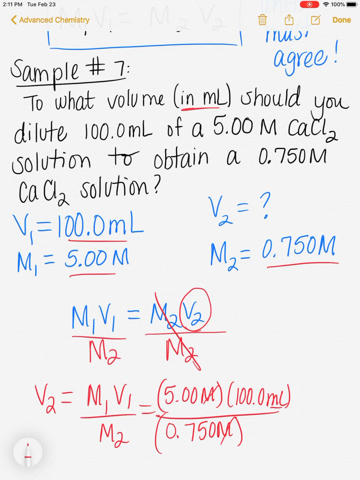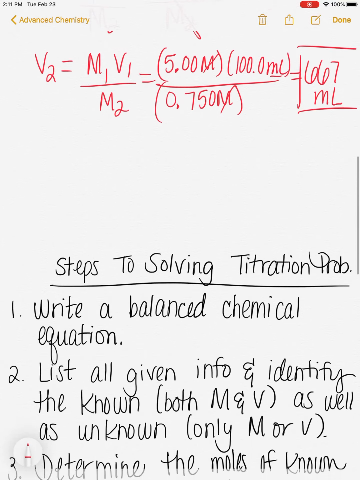So when I plug this into my calculator, I'm going to do the numerator first, 5 times 100, which is 500. Then I'm going to divide by the 0.75, and I get 667 milliliters would be the volume that you would need to dilute that to. All right, next,